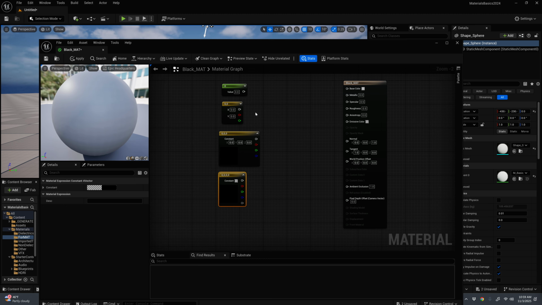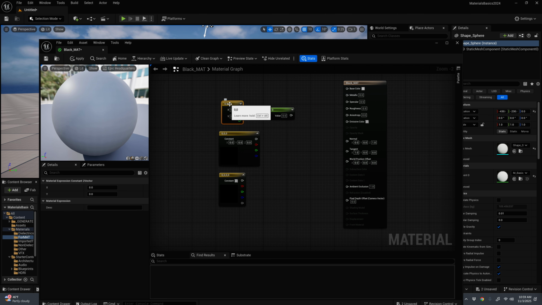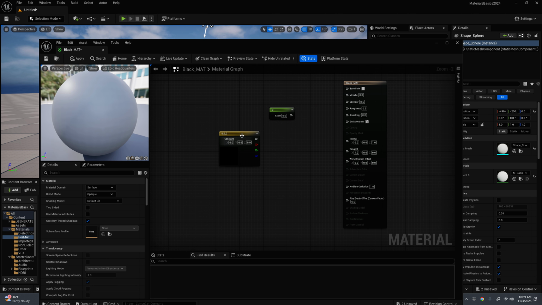Now, you're just going to determine which one you want to use, but that constant one is probably going to be used a lot because I can pipe it into almost anything here. But if I want to start playing around with any particular colors, like the constant 3, I will use a constant 3 a lot. I will push this off to the side. So say now we need to change this over to